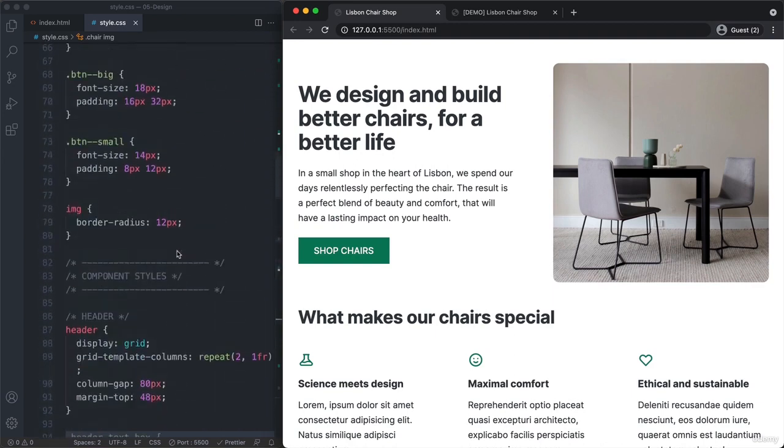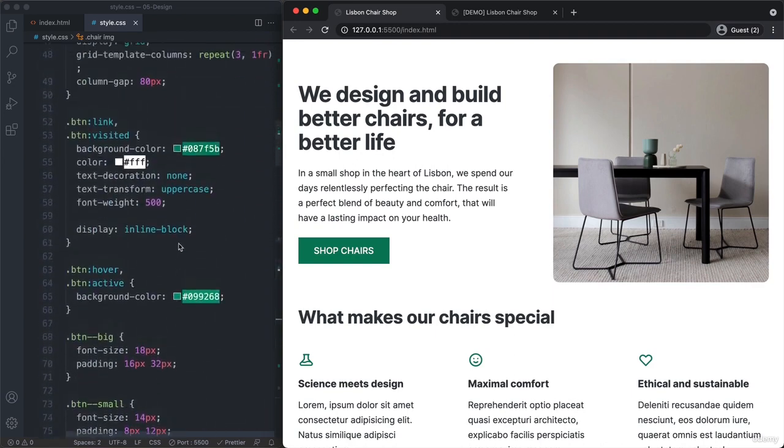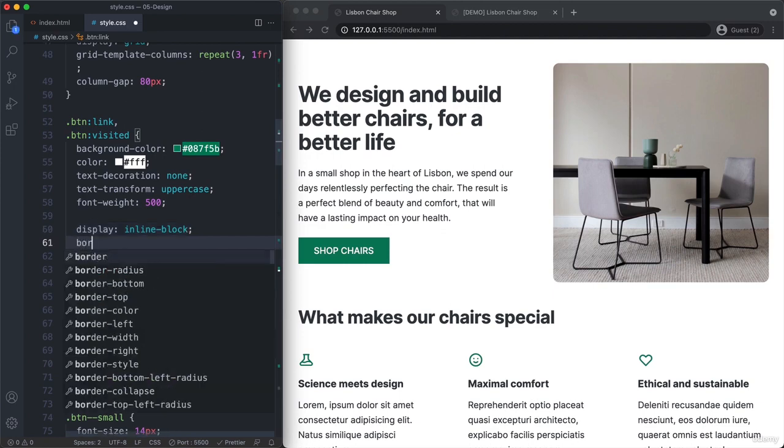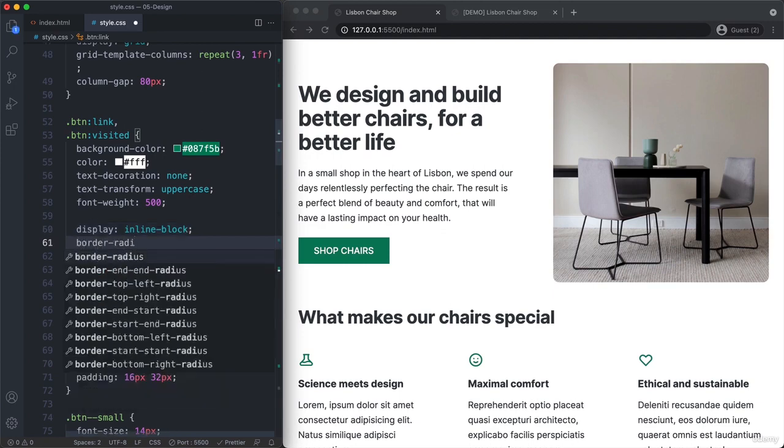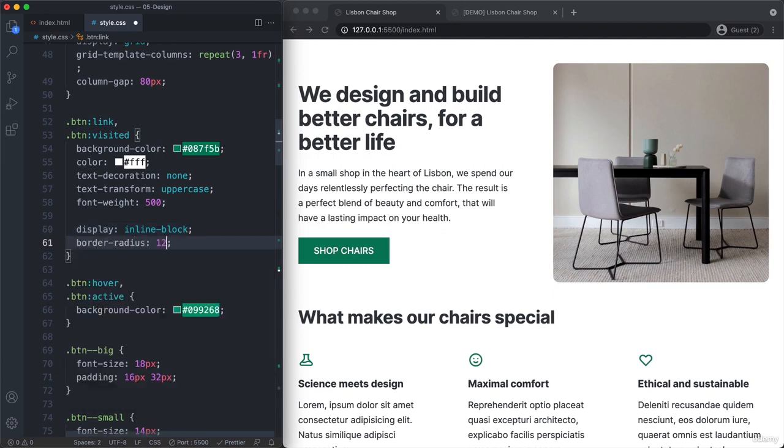So where is that? Yeah, right here. So border radius. Again, here we don't want this, which of course would still not look bad. But now I want to show you how we can actually make this really rounded. Now there are two ways of doing this, but one only works if the element is a square. So if the element is a square, to make it round, we give it a border radius of 50%, like